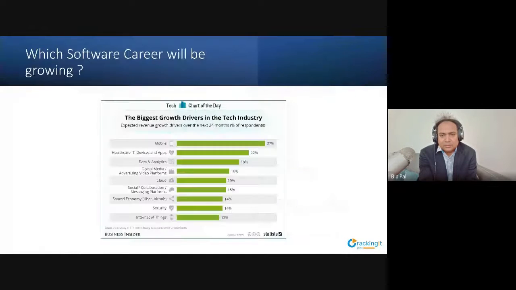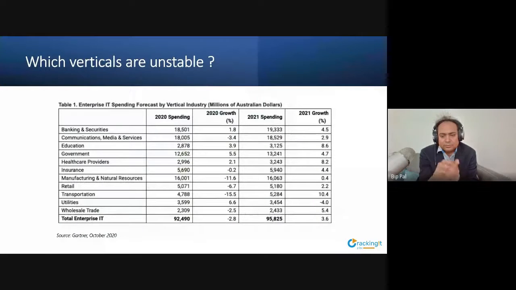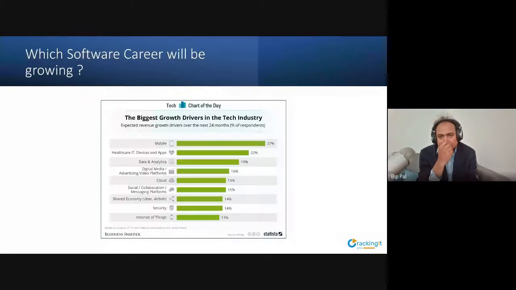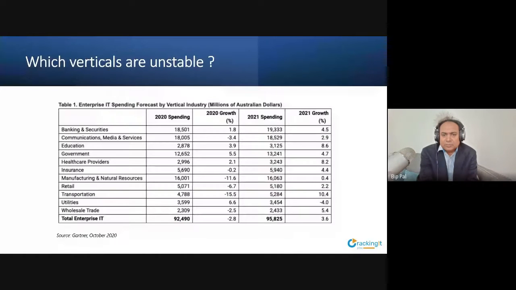Okay, now the bottom line is, say somebody comes to you with a job linked with the airlines industry versus one linked with banking. Obviously, you will select banking. If you don't get another job, that's a different issue. But you should always ask, when you're doing some kind of coding, which vertical you're getting into.